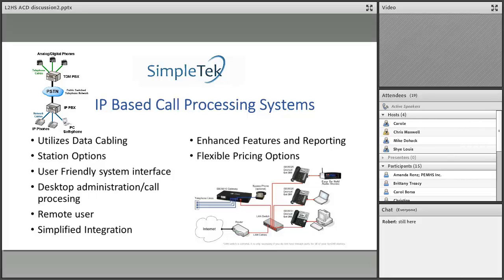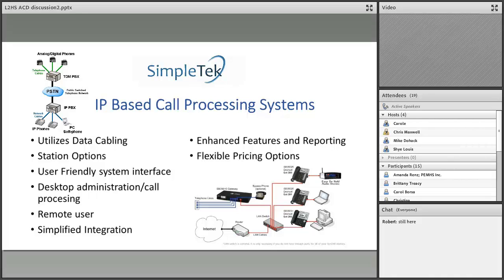Instead of using computer telephony interface, where it takes this piece of information, converts it to that so that it can talk to this, now it's using APIs on the software packages, and the integration is much easier, much less expensive. Doing integration before could cost $10, $15, $20,000 just to integrate with a CRM database. A lot of these right now integrate with multiple platforms already, and I know iCarol, if that's something you're using, has an API that makes it extremely easy to integrate with, so when a call comes in, you're in their platform at the same time you're managing the call.